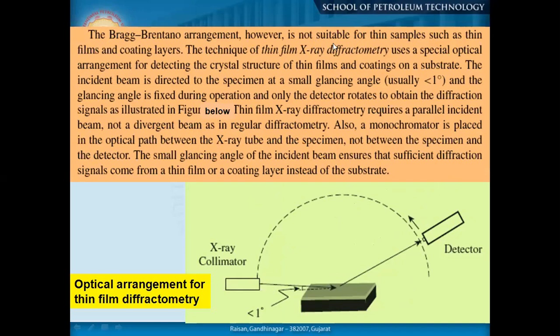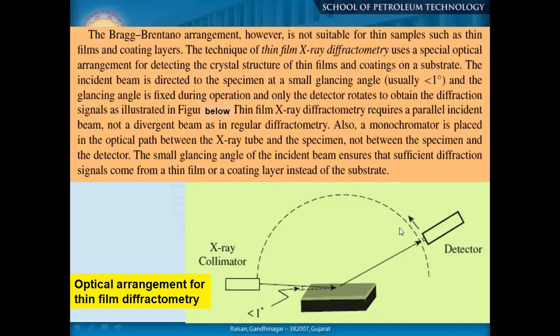Okay, so this is not suitable for thin film samples such as thin films or coating layers. The technique of thin film X-ray diffractometer uses a special optical arrangement for detecting the crystal structure of thin films and coatings on the surface. Now you can understand we are preparing nanometer-level films, or trying to understand their features and structure, so in that case we are specifically using this arrangement. The incident beam is directed to the specimen at a glancing angle, usually less than 1 degree, and the glancing angle is fixed during operation, and only the detector rotates to obtain the diffraction signals,